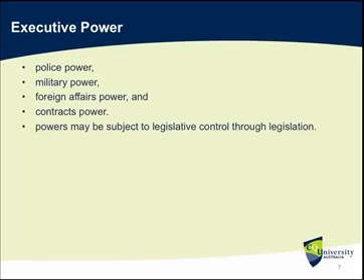In other words, as part of the basic power of the executive to execute and ensure the fulfillment of laws of the nation, it must necessarily have the police power, the military power, the foreign affairs power, and the contracts power. The military power obviously is in the Constitution itself, but for other powers, especially the foreign affairs power and the contracts power, it is an inherent part of the executive power to be able to undertake these specific powers. So these are residual powers of the executive, and they do not require any statement in the Constitution.